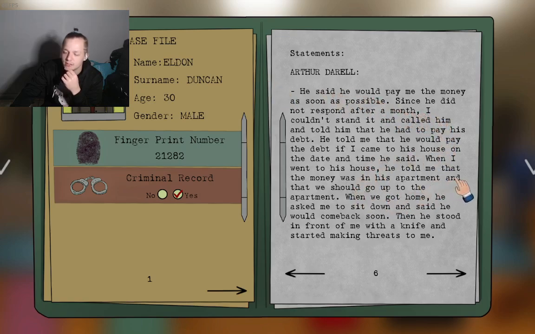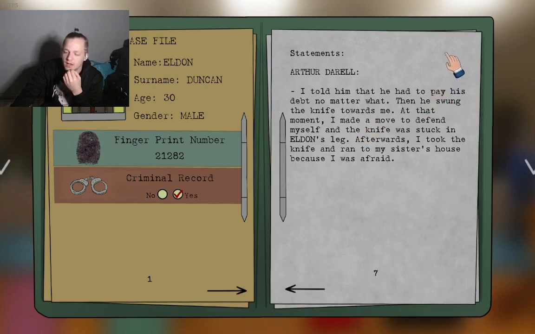When I went to his house, he told me that the money was in his apartment and that we should go up to the apartment. When we got home, he asked me to sit down and said he would come back soon. Then he stood in front of me with a knife and started making threats to me. I told him that he had to pay his debt no matter what. Then he swung the knife towards me. At that moment, I made a move to defend myself. The knife was stuck in Eldon's leg. Afterwards, I took the knife and ran to my sister's house because I was afraid.